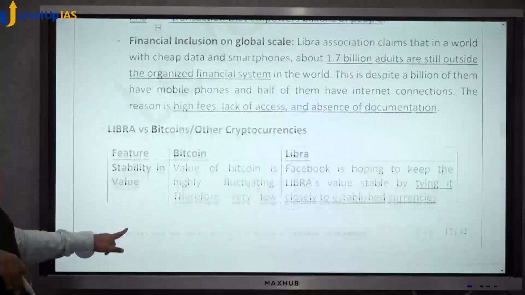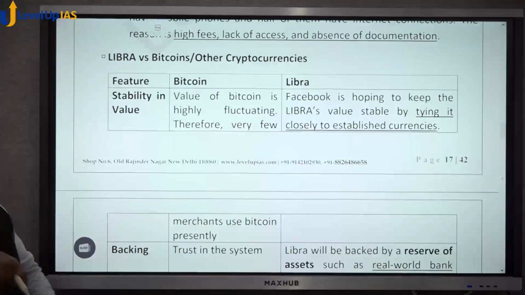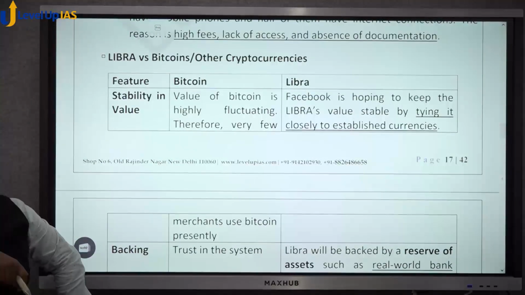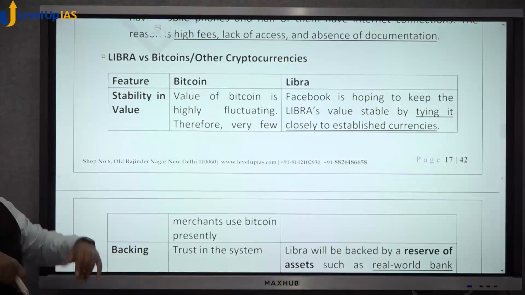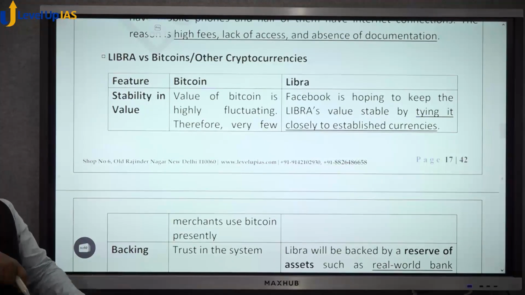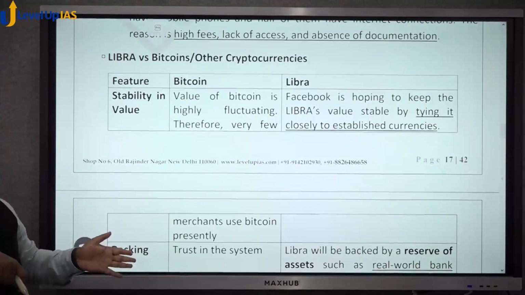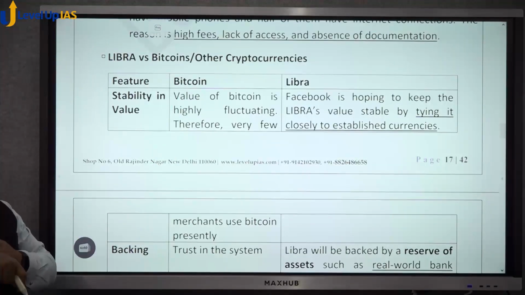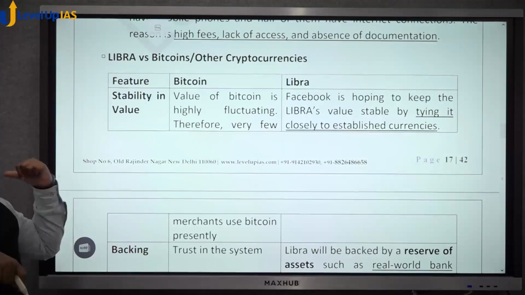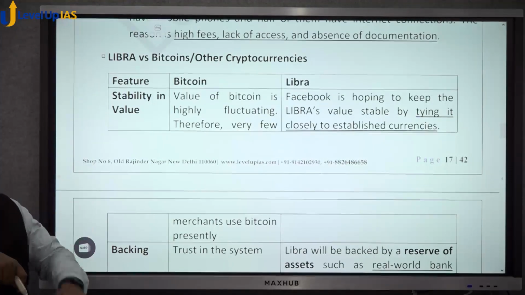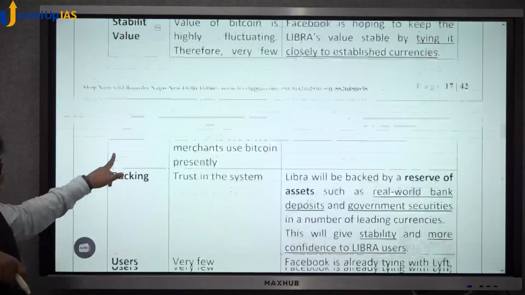Okay, so when you compare stability in value, Libra will be more stable in value, because Bitcoin, if some country bans it, its value would go down, otherwise it would go up. Libra would have more stable value because it is backed by some physical asset. So if I have given $1 for Libra, I would know that Facebook has also kept $1 for it, right? So Libra's value is not going to deteriorate. Second,